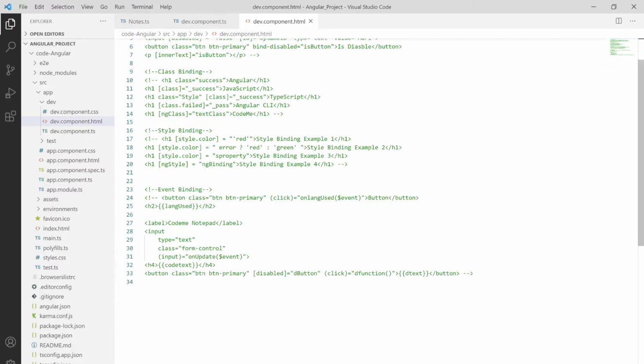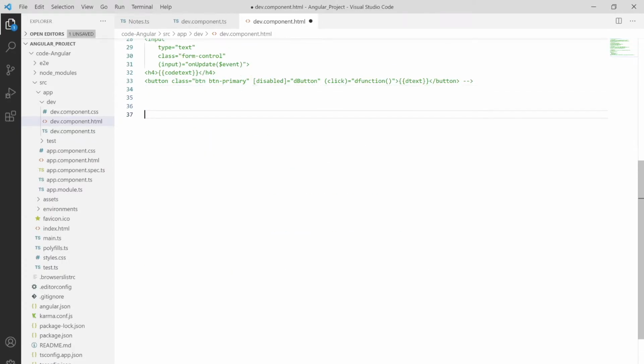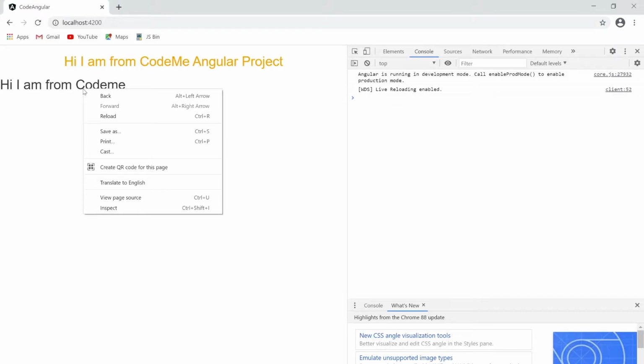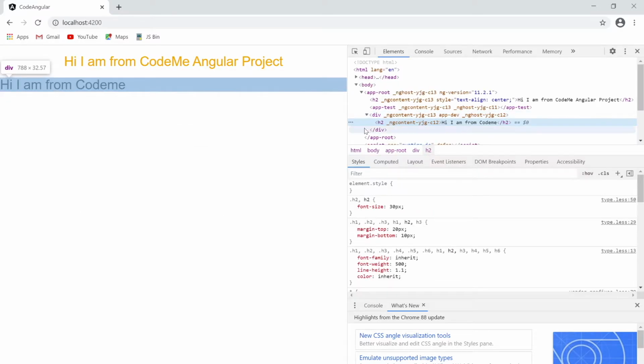So let me show you one more thing. What is the syntax for the same? Say we are simply going to write h2 and say, hi, I am from CodeMe over here. Let me save this. As you can see, if you click on inspect, the h2 tag is present over here.